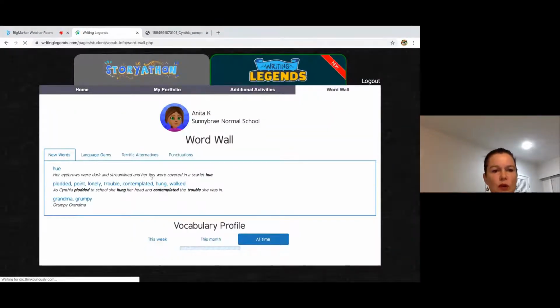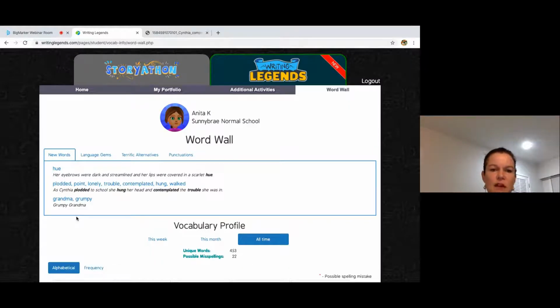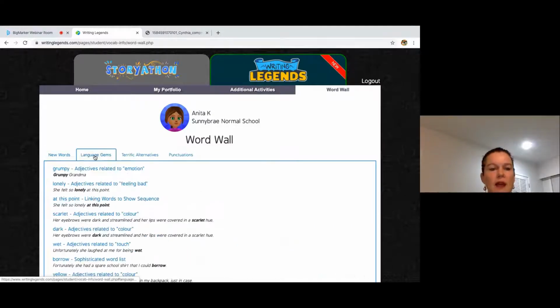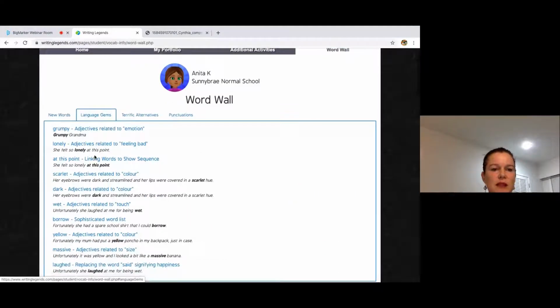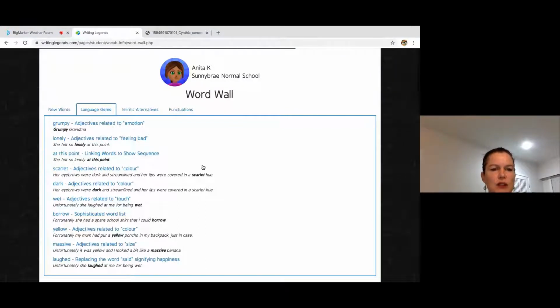In the word wall, it gives me further understanding of my vocabulary as a user. So here are some new words that I have been using recently and how I've used them in sentences. So I'm celebrating the fact that I've really started to build my vocabulary, and I can see it being recognised here in the program. If I go into language gems, other examples of fantastic language that I've chosen to use,